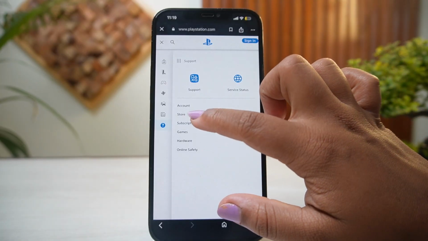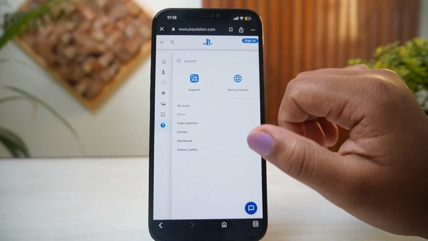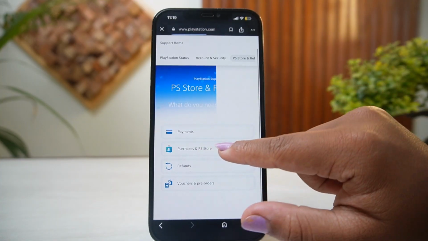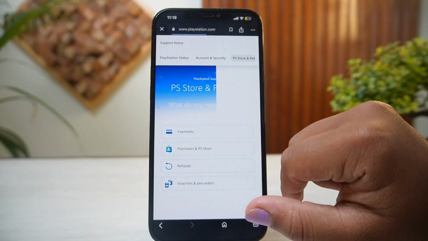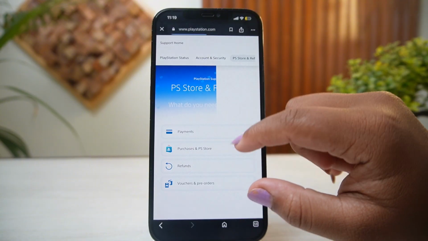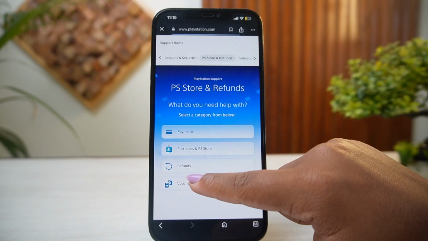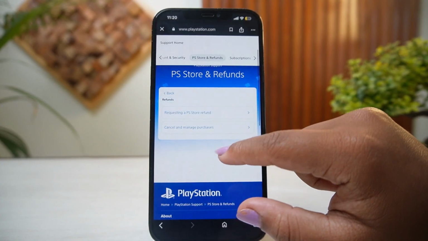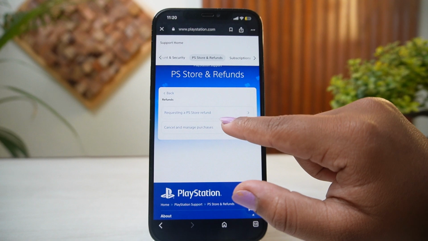what you're going to do is simply tap on store, right? Because it is the issue regarding your store. You can tap on store, and then in here you'll need to tap on purchases and PS store. So if you simply tap on that one, you can actually select the option, or else you can simply tap on refund too. So let's just tap on refund for now, and then you can actually tap on option requesting